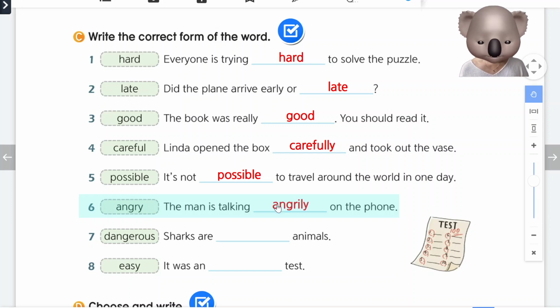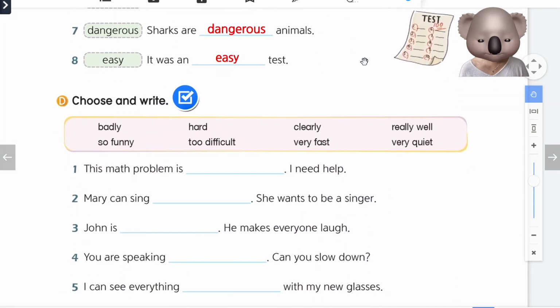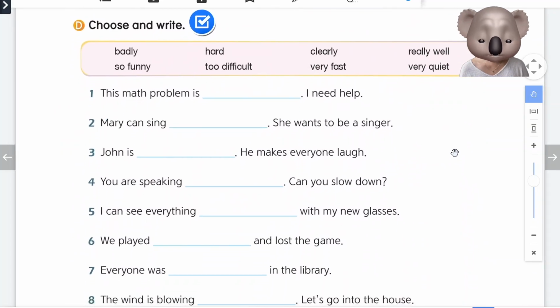Angrily. Number 7, dangerous. 위험한. Sharks are dangerous animals. And number 8, easy. 쉬운. It was an easy test. Good job. In part D, we need to choose and write. In our word box, we have badly, 나쁘게, hard, 어려운, clearly, 분명하게, really well, 엄청 잘하게, 정말 잘 또는 아주 잘,